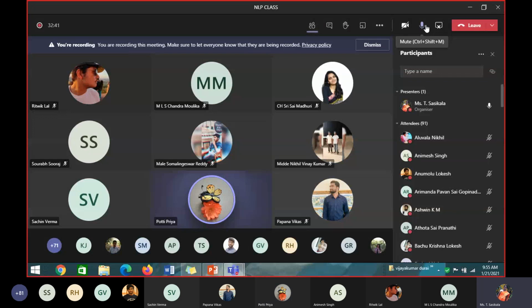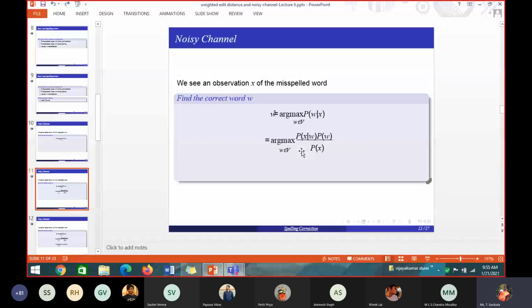See here, X is an incorrect word and W is a possible word present in the candidate set. Given that, we are finding this. This is the formula. They have a derivation for how to take it out, but this is the final formula you will arrive at. So given W, X is a misspelled word and W is the correct word, I am finding the probability. When I apply Bayes theorem, I get P of X given W into P of the correct word, that is P of that candidate word, divided by P of X.